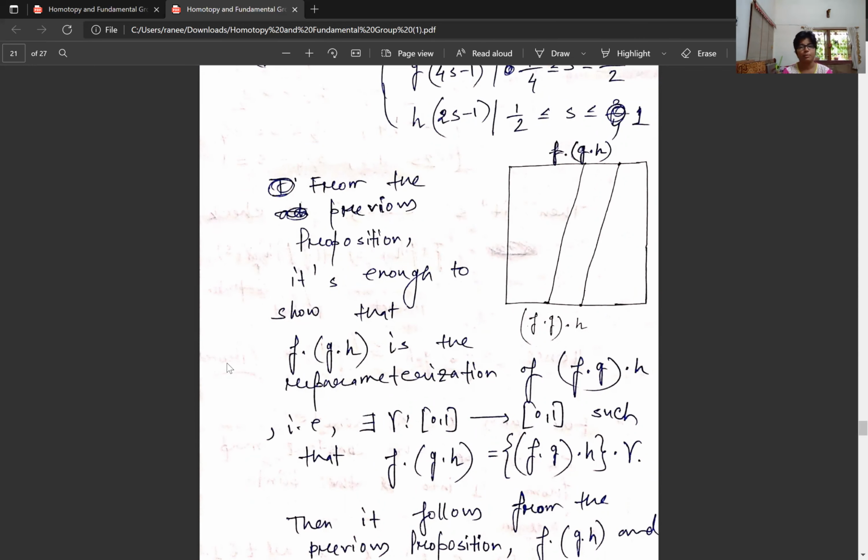So we want to find some reparameterization gamma and try to write one with respect to the reparameterization. Here I am trying to note the point that here this is a composition and the remaining things are just products. So I'm composing the reparameterization gamma with the FGH, right? And I want to see that these two are the same in some way.